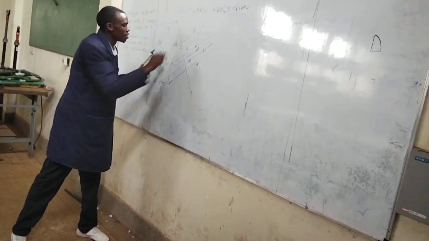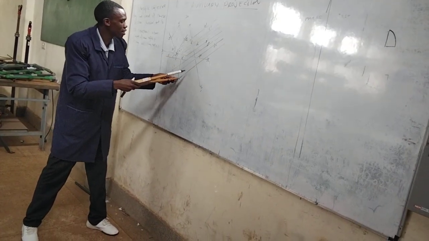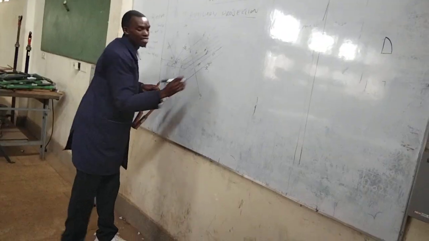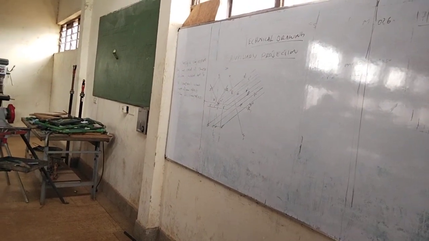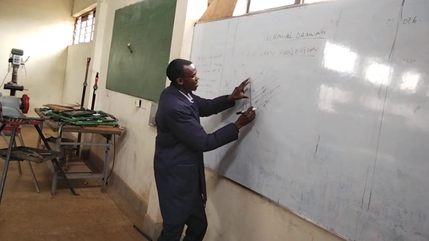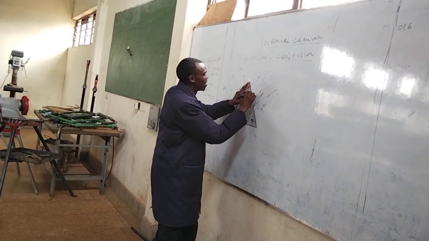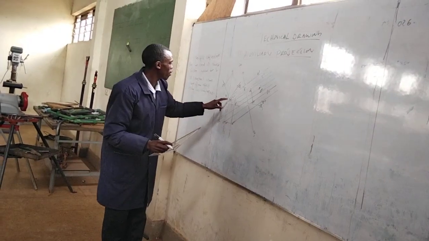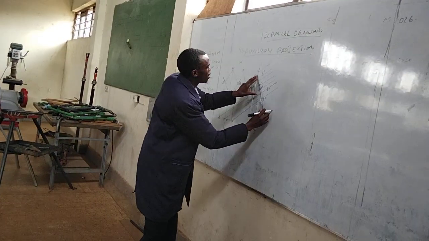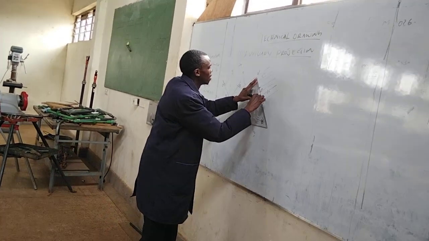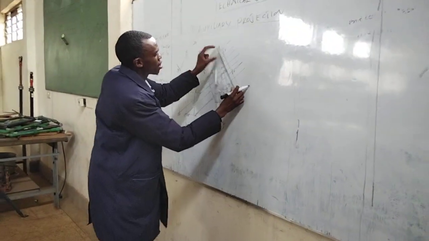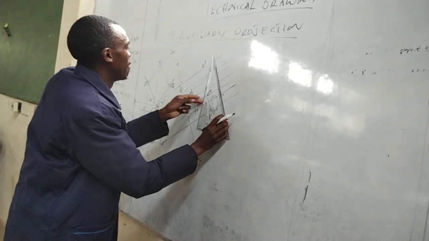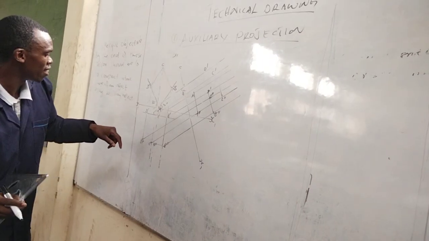This one is B1. B2 is this point. Are we together? So now finally you join A1, A1, B to B, C to C, and then you see